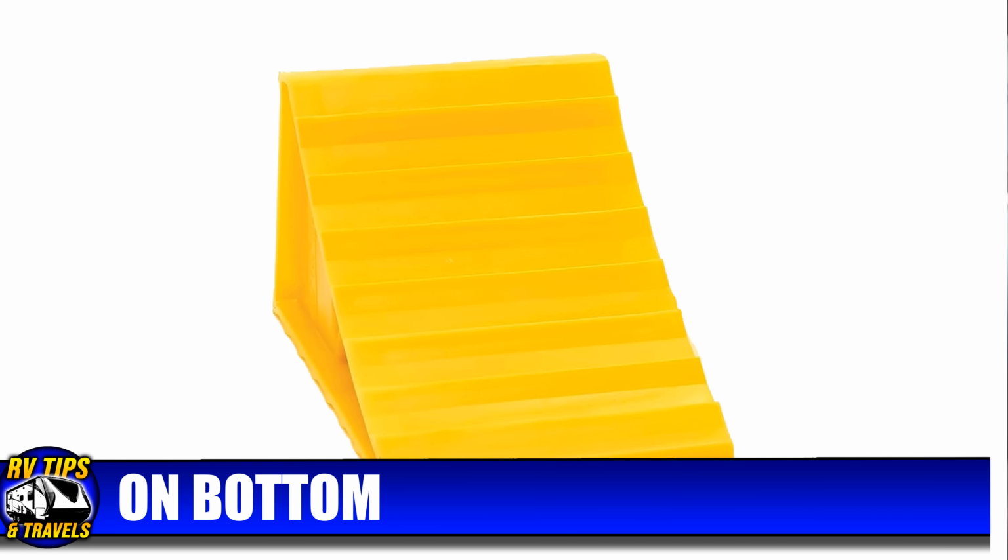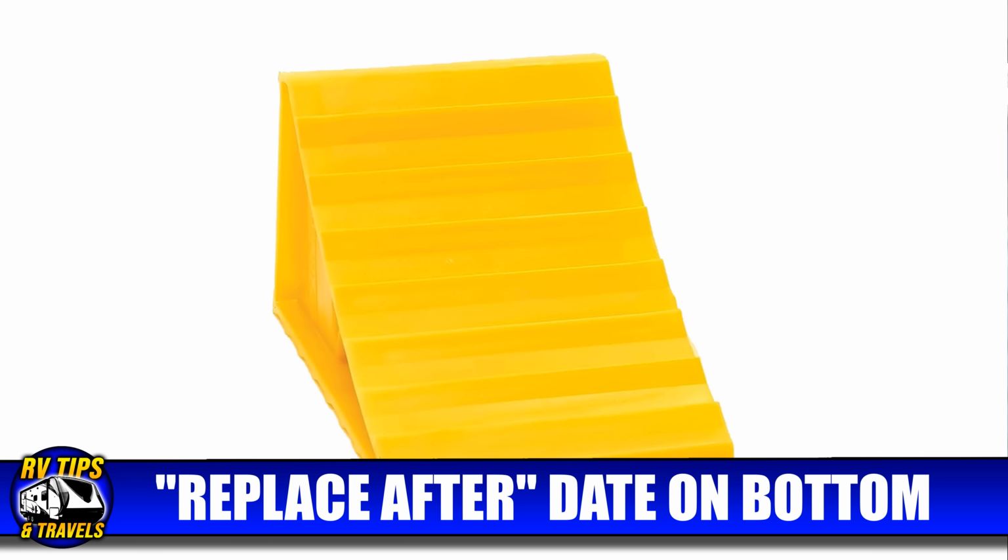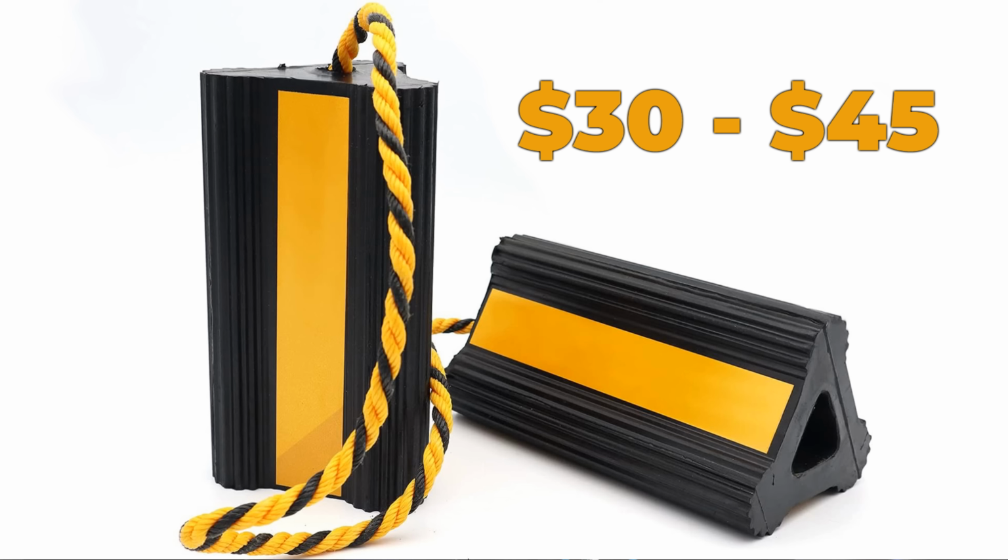There's cheap plastic wheel chocks that expire over time. Yes, you heard that right, they expire because over time the sun makes them too brittle to safely chock an RV. And then there's some really nice heavy-duty rubber chocks, but the cost of those can get a little bit on the higher side. Showing up today at number 6 is the Max Haul rubber wheel chock,